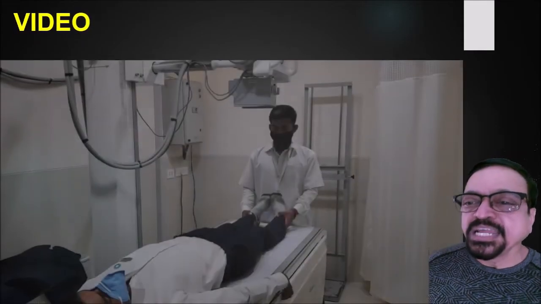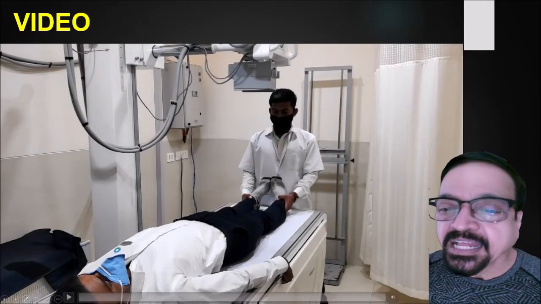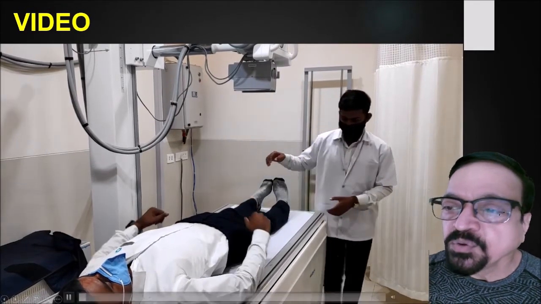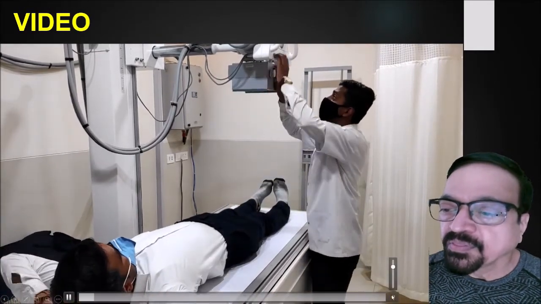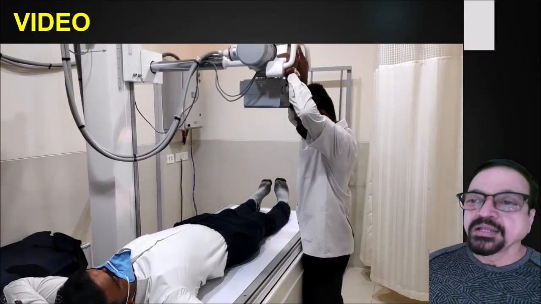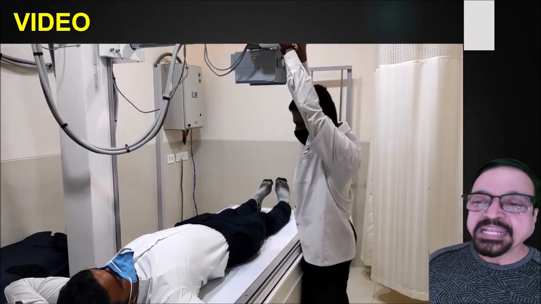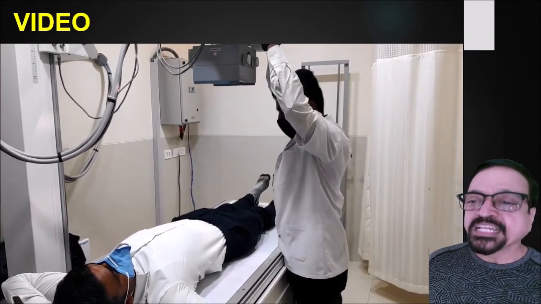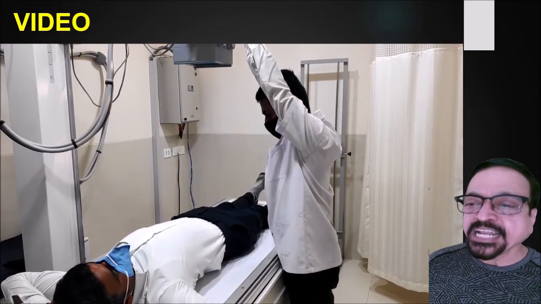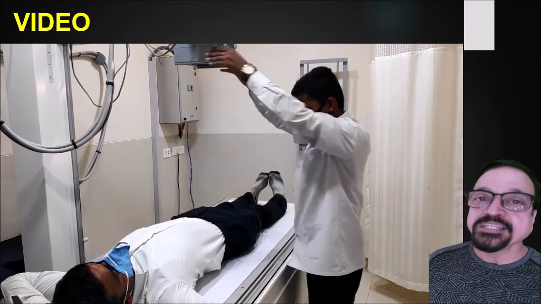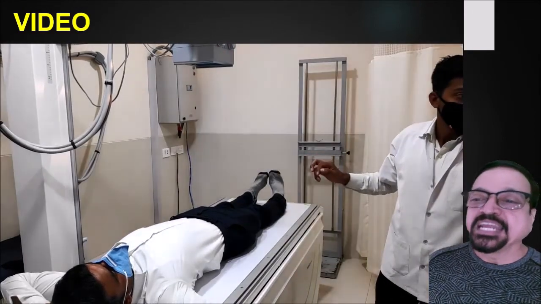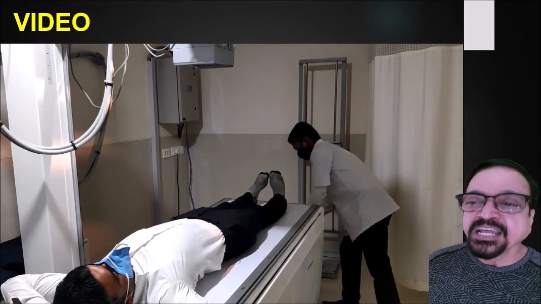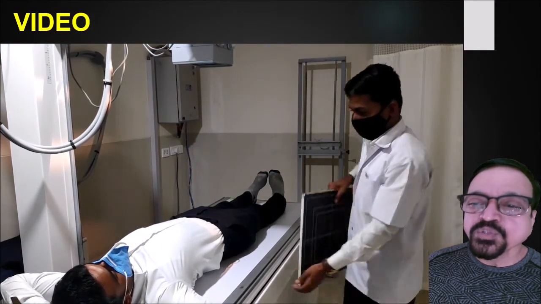Now let's go to how it is taken practically. The most important thing, as I told you, is the internal rotation, which we have to see. Now the patient is lying supine. Look at the great toes. The great toes are pointing towards each other and they should be as near as possible. Sometimes a patient cannot give this position. In that condition, we have to put a small piece of sticking plaster holding both great toes together.